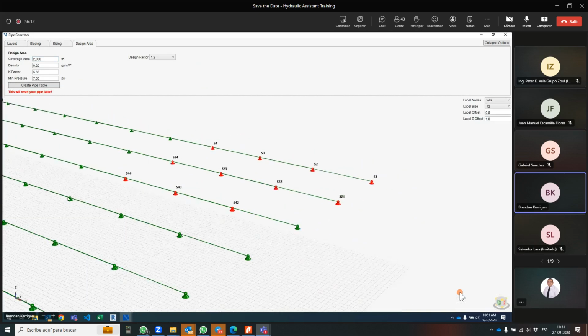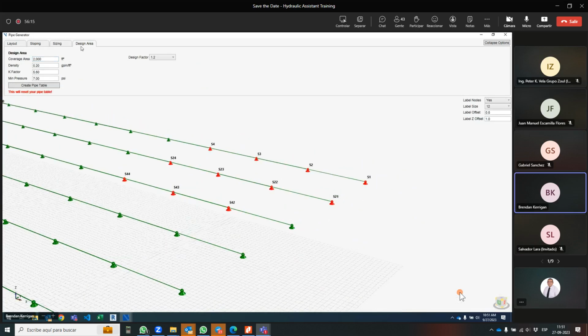The final inputs here are under the design area tab. We'll generate an initial density area design area for you. If you notice, some of these nodes here are labeled as sprinklers and they're colored in red. Those are our theoretical remote area for these inputs. So if I were to bump this coverage area up to 3,000 square feet, you'll see a few different sprinkler heads pop in here based off of the NFPA requirements for how many heads per branch line. So you can come in, decide, okay, I need 1,500 square feet, 2,000 square feet, the following density, the following area, maybe it's a 0.15 density, choose the K factor, minimum pressure, and then once you're satisfied with this